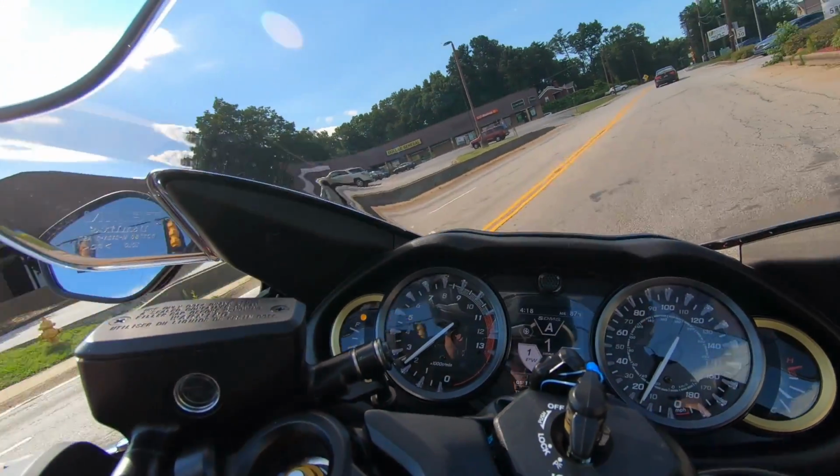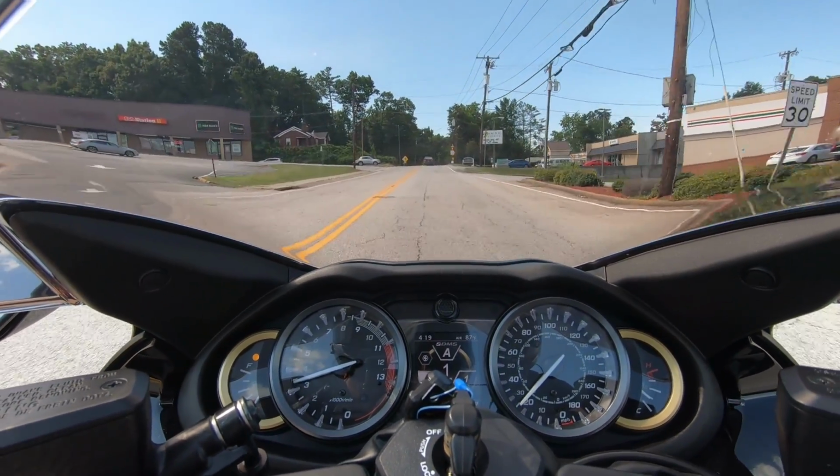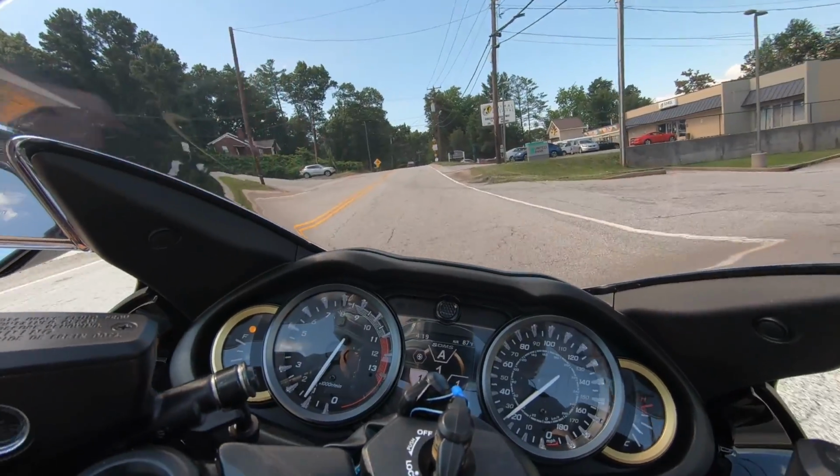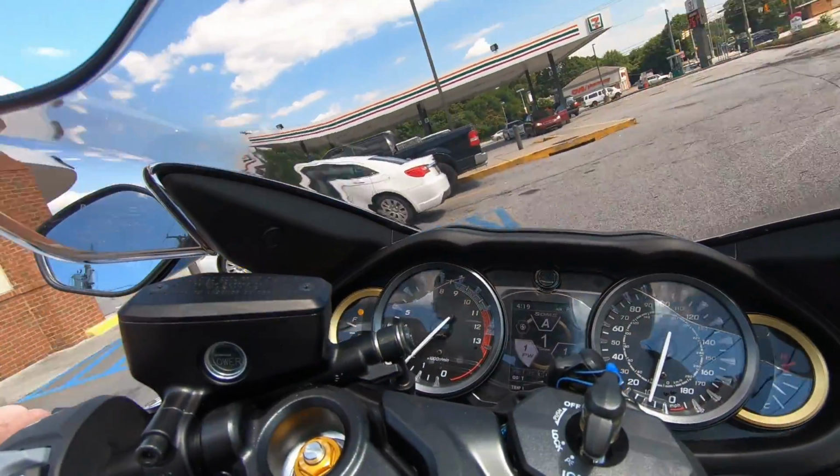We're going to get off the main road here. Now, I have heat cycled this thing multiple times. Uh-oh, we've got to get gas. Let's get gas. I have heat cycled this thing multiple times